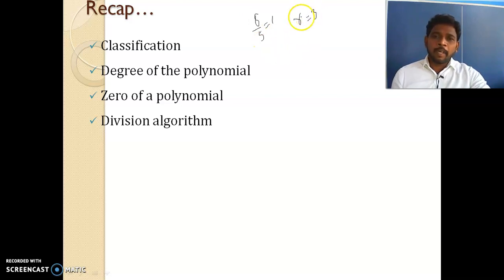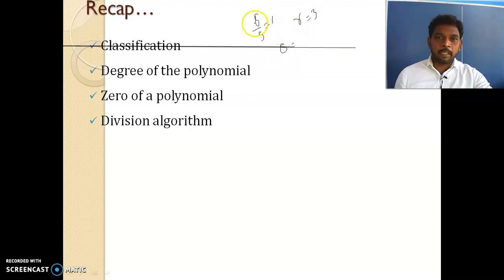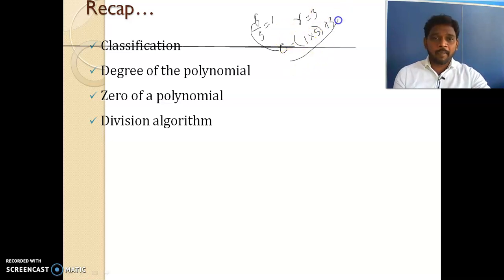So how can we write this as a combination, that is, in the division algorithm? 8 equals, that is, the dividend equals quotient into divisor. This is the quotient, this is the divisor, plus remainder. So this is called the division algorithm for numbers. Any positive integer can be written in this form.